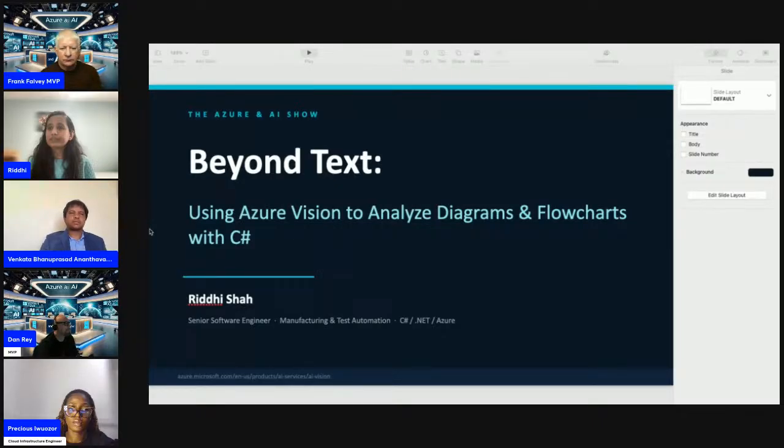So tonight I am showing a practical approach using Azure Vision with C Sharp to analyze the diagrams and flowcharts and turn them into something more usable in modern engineering workflows.